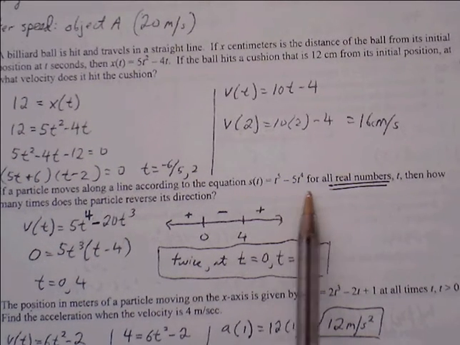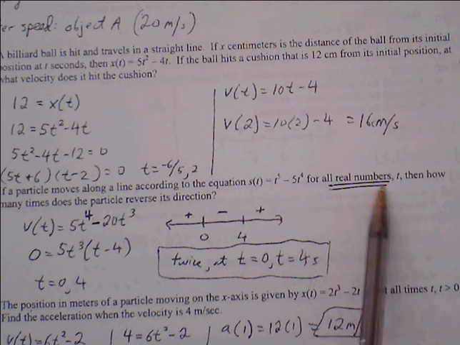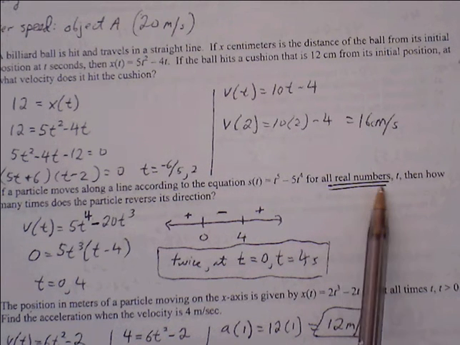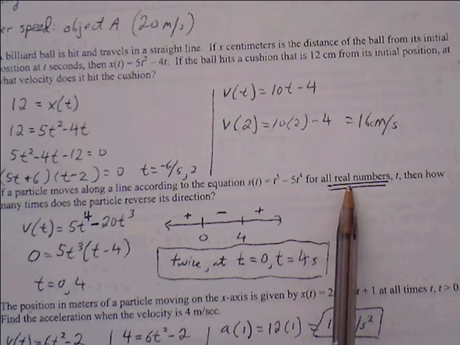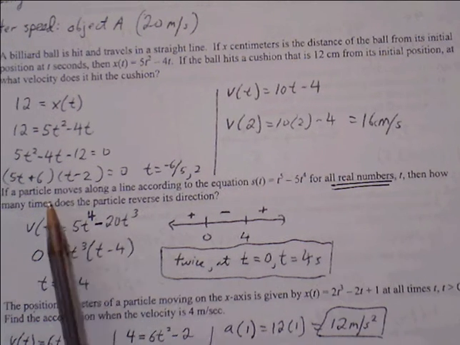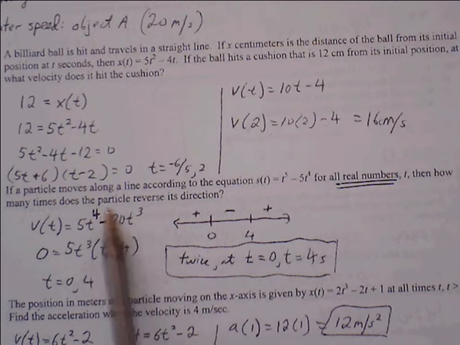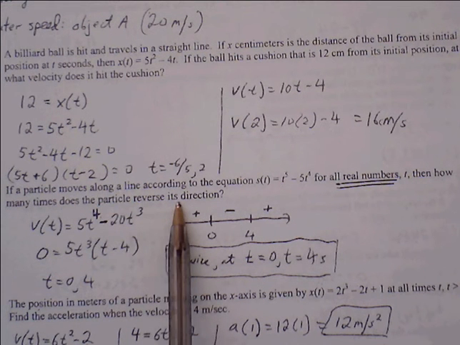Is t to the 5th minus 5t to the 4th for all real numbers t. So here we're dealing with t time values where we are also going to include negative values. Then how many times does a particle reverse direction? A particle is going to reverse direction when the velocity changes signs from either positive to negative or from negative